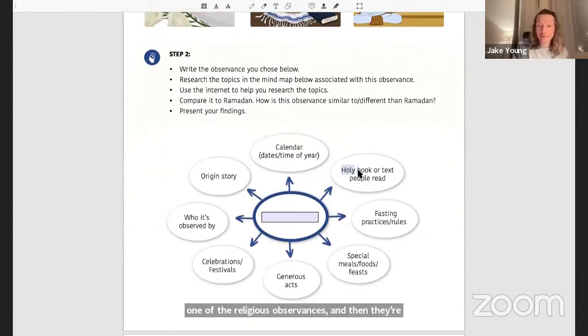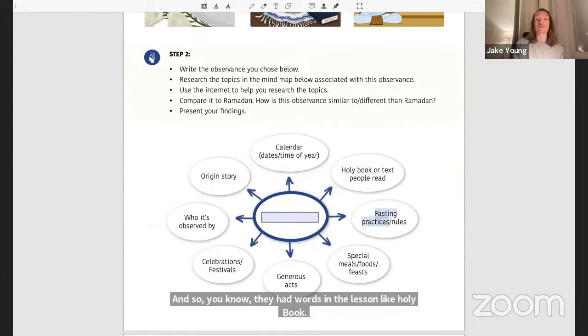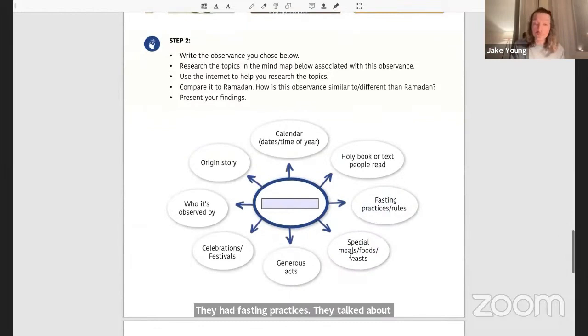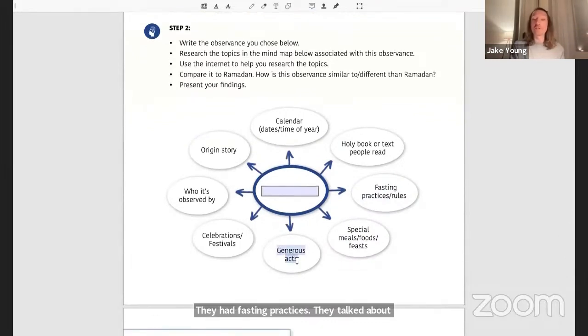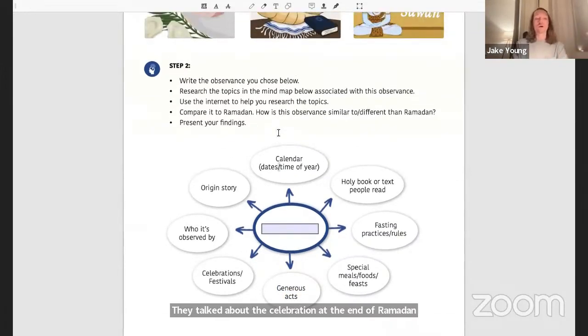And so they had words in the lesson like holy book. They had fasting practices. They talked about the foods. They talked about how there's generous acts as a part of the Ramadan traditions. They talked about the celebration at the end of Ramadan, who it's observed by. So again, we are connecting the pieces here. And this is what I mean by scaffolding. So we're going to get back to the actual